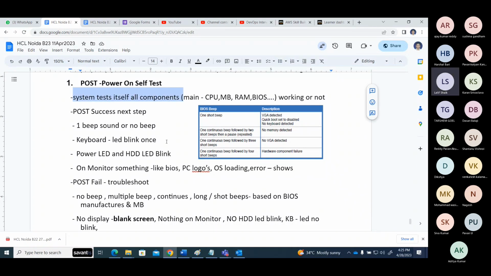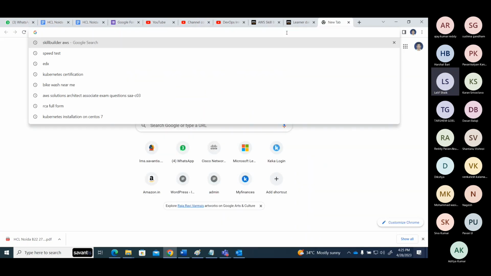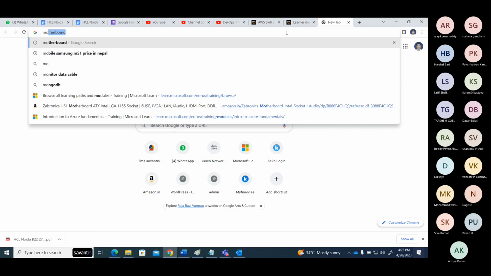So the first step is POST, power-on self-test. The system tests itself, mainly your CPU, RAM, and motherboard components, to see whether they are working or not. If everything is working fine, then your POST is successful. How do you know a POST is successful? On your motherboard connected